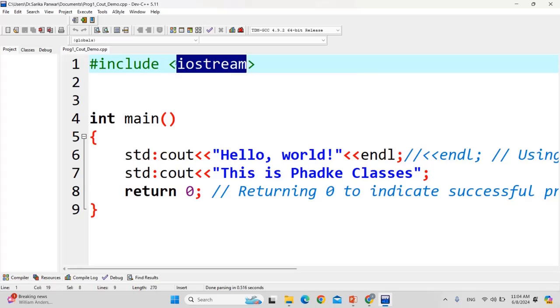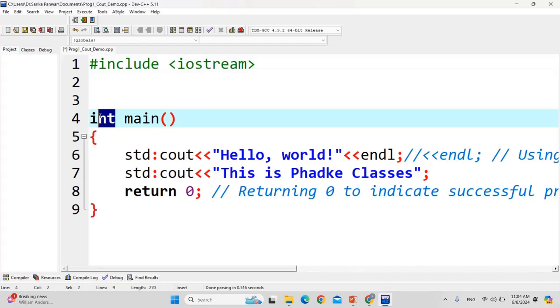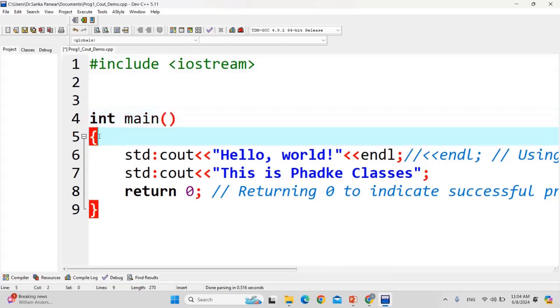That's why it is important to include this compiler directive. Then we have used int main. This is the main function. It is always required in the program, and its return type is int. Here main starts with this opening curly bracket and ends with this closing curly bracket.